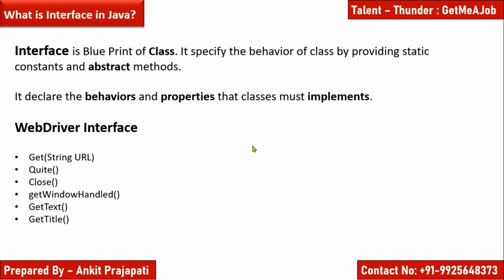In automation we have WebDriver, we all know that is one kind of interface. With WebDriver we can call the object driver and use different methods like get method, quit method, close method, getText, getTitle, because those are already in the class for the WebDriver. So WebDriver is an interface that contains different methods, like for getting a text, getting a title. You can give an example this way.